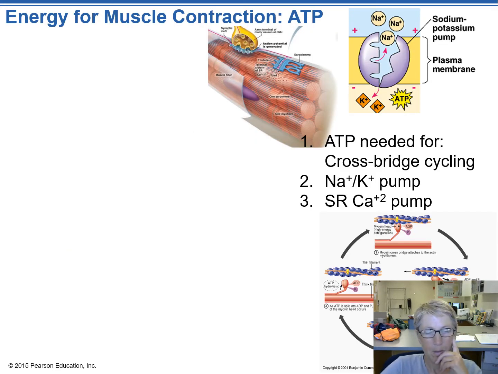So we've gone over this before. Here's the neuromuscular junction. The action potential comes down the motor neuron axon, and that change in voltage in the axon terminal causes release of calcium via voltage-gated calcium channels into the axon terminal. The axon terminal then releases the neurotransmitter acetylcholine, and then through a series of molecular events that engages an action potential